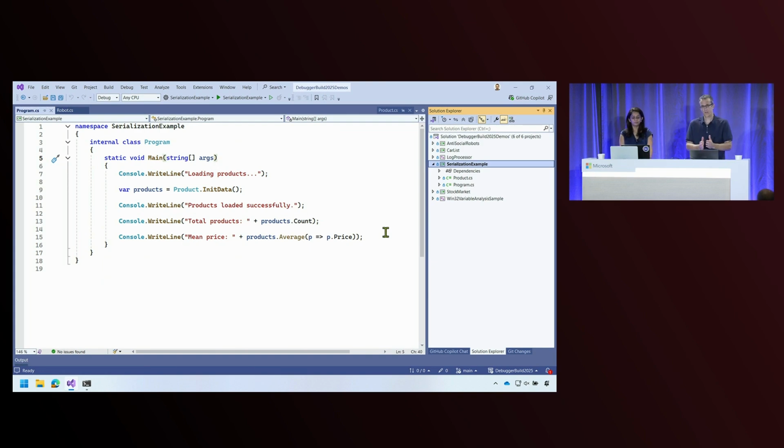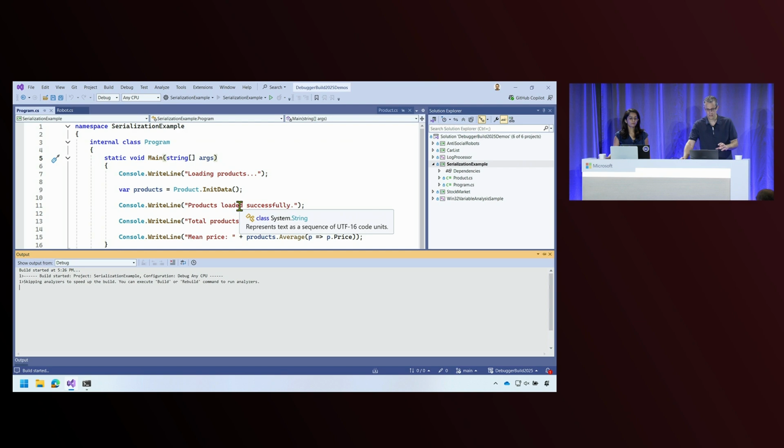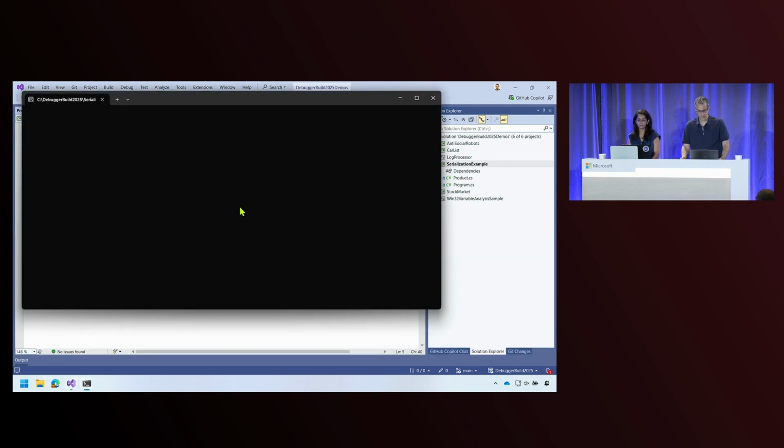Yes, so we're moving on to those Copilot features that are about root causing the issues you're seeing. We'll start with exceptions. Obviously, runtime exceptions are super common, and they're usually the first signal to us that there's something wrong with our applications. And let's see how Copilot can help us with that scenario. I switched my demo application. This is a really simple code snippet that we're going to be debugging together.